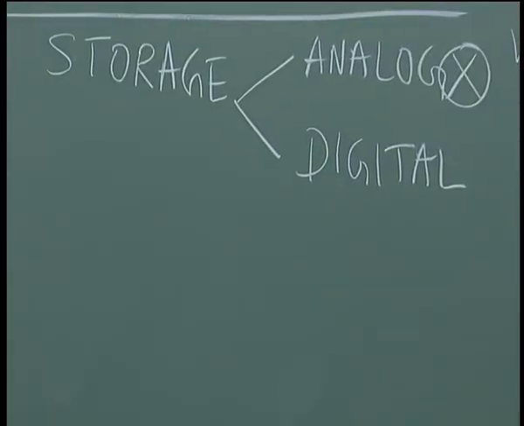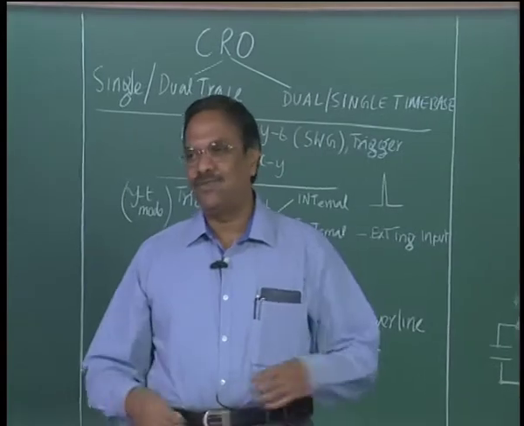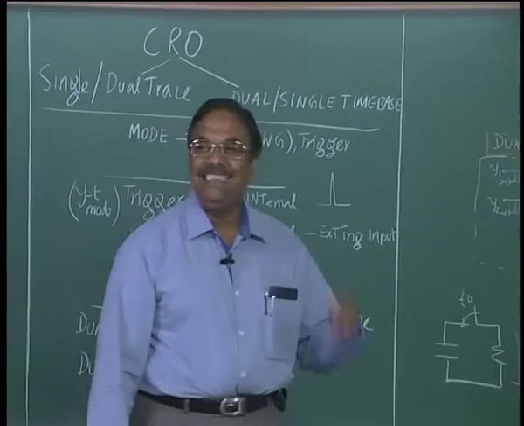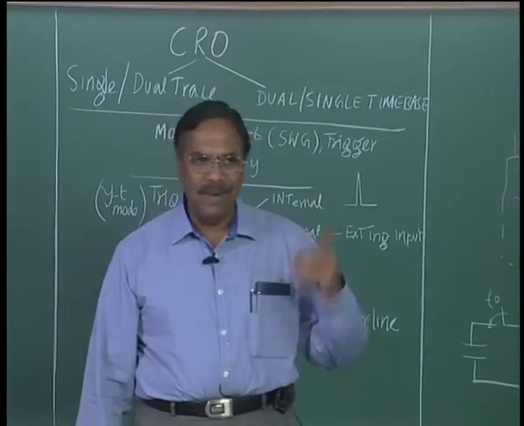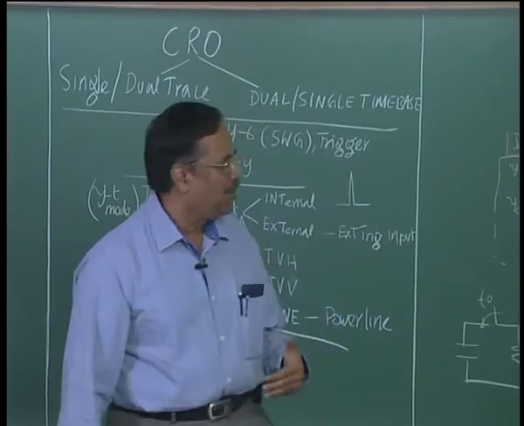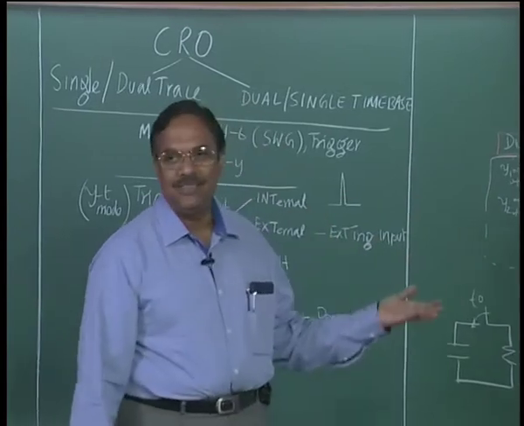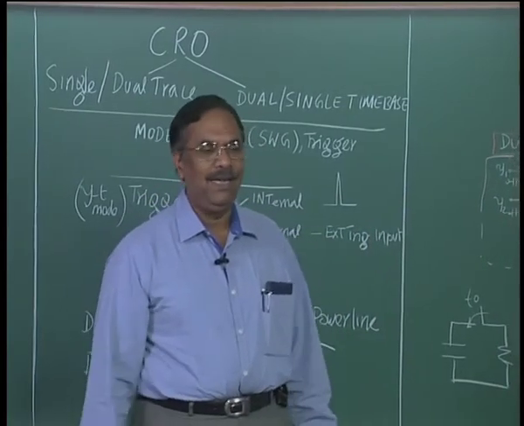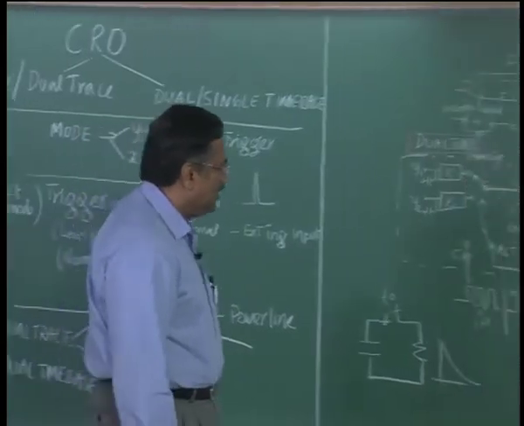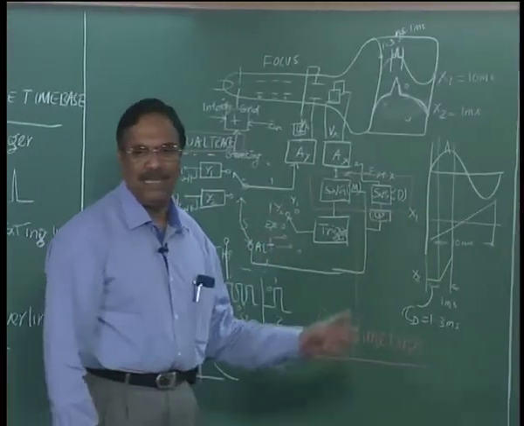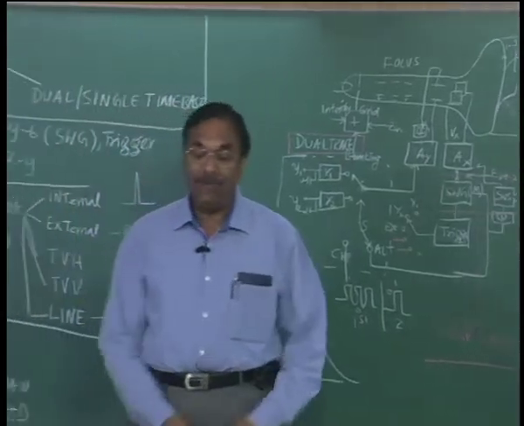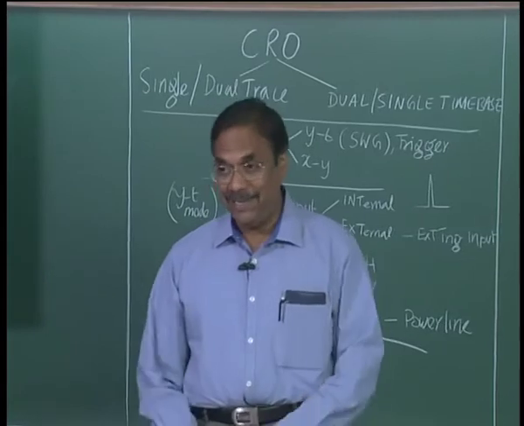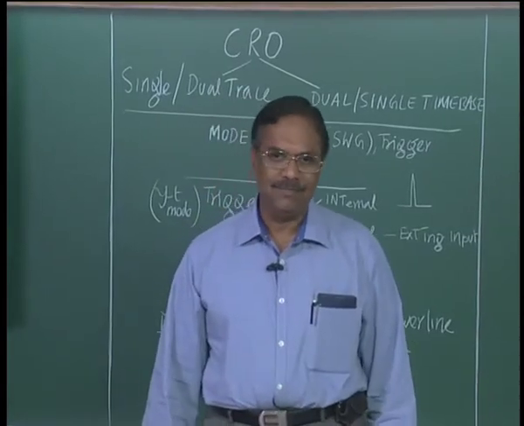Analog storage, people tried all kinds of storage on the analog. They used the screen itself to have a capacitance and store the waveforms as charge on a mesh, right. That was very popular, and even though the technology is quite expensive and complex, quite a number of analog storage oscilloscopes were made and sold in the 70s and 80s, right.